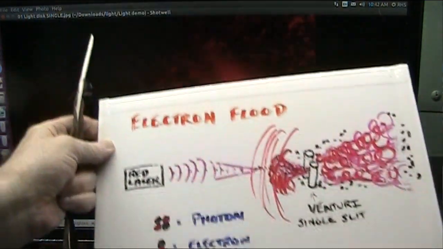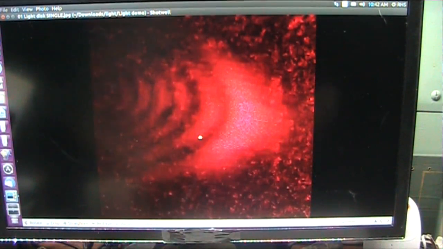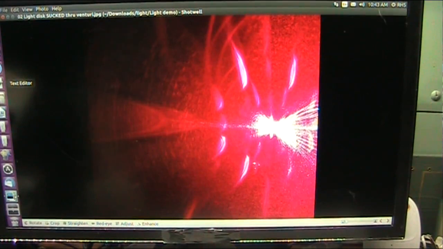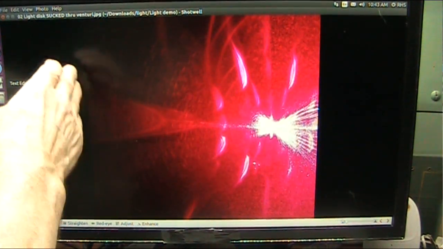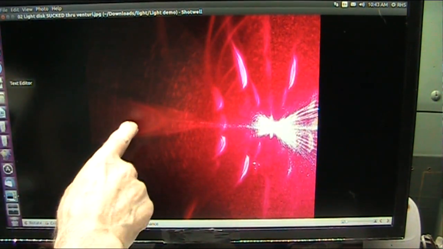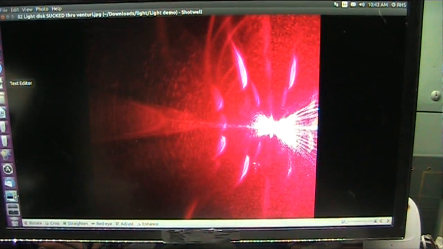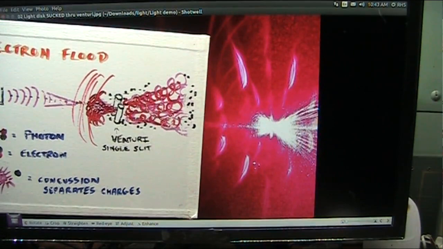And you're going to see something that's going to say Einstein was wrong. And I'm sorry, I'm not trying to put anybody down. I'm just saying this is new research that needs to be looked at. Alright, so what we saw up to here was just regular waves. Now all of a sudden what do we have? Well, we have a Venturi down here. Remember, here it is. Here's exactly what we got.